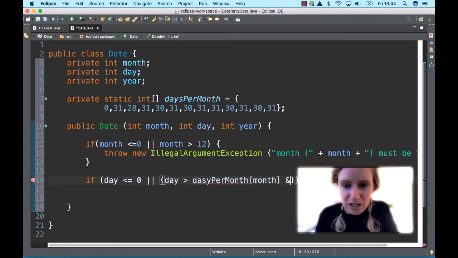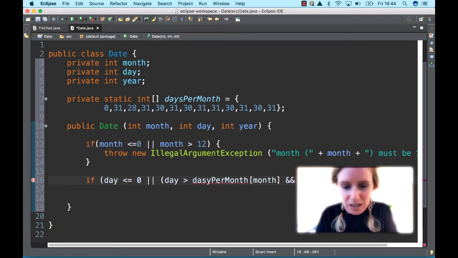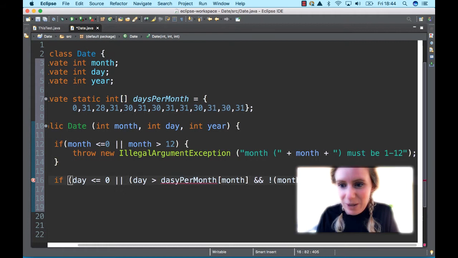And we need to also say that it's not going to be, which we haven't really used that much, this not operator, not going to be equal to 2, and day equal to 29, which is our leap year thing, which we were just talking about. So we have 3 brackets, make sure all our brackets are there. We have a spelling mistake here,